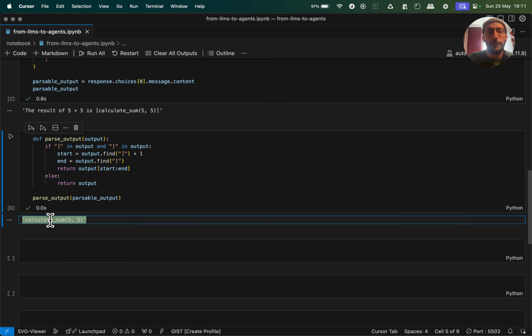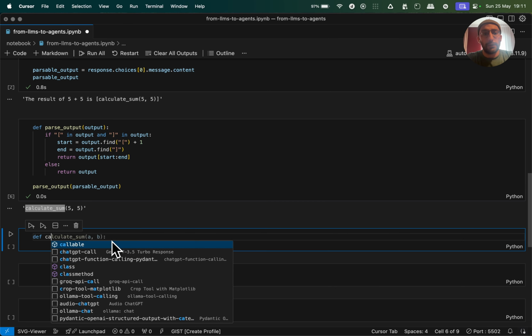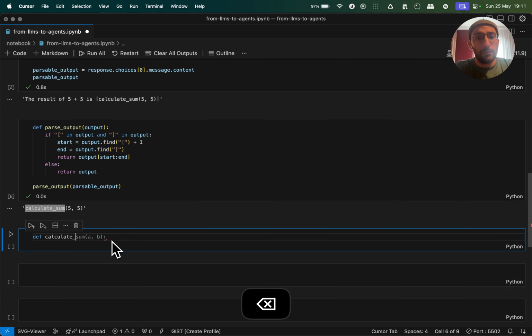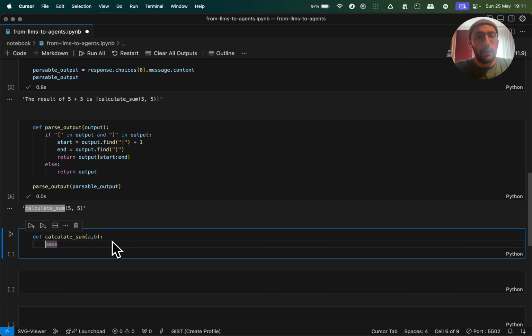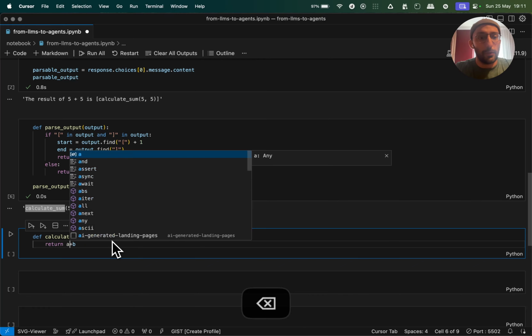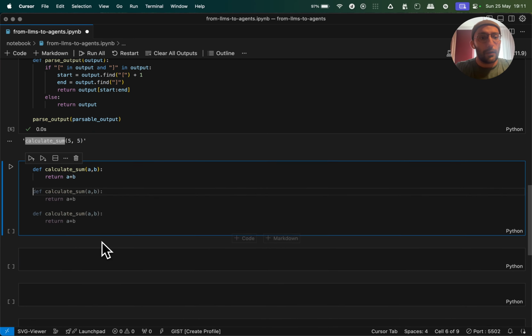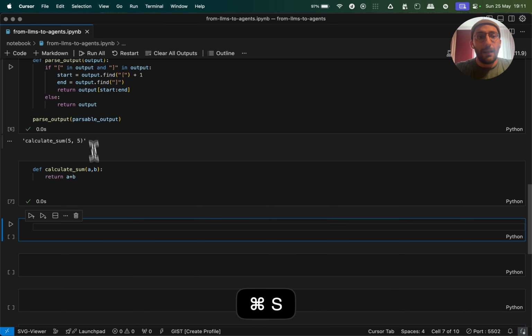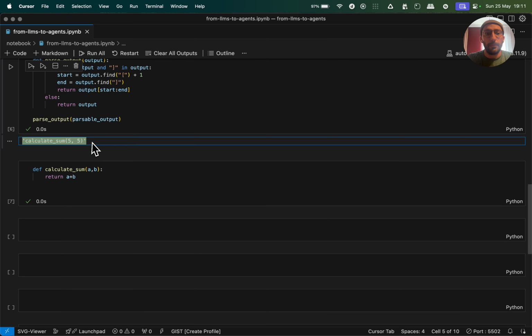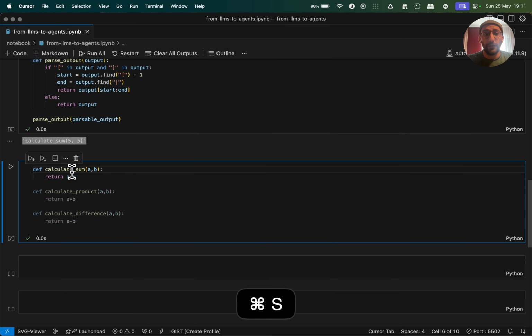So folks, as you can see, when we take the output from the LLM, I can parse the function called calculate sum, right? And imagine, folks, if I wrote this function here, calculate sum, A and B, right? And I can say return A plus B. This is like the most ridiculous example, right? Calculate sum, now check this out. I can transform the string into actual execution of code inside of my notebook here. And because I have the function defined, I can actually get a result.